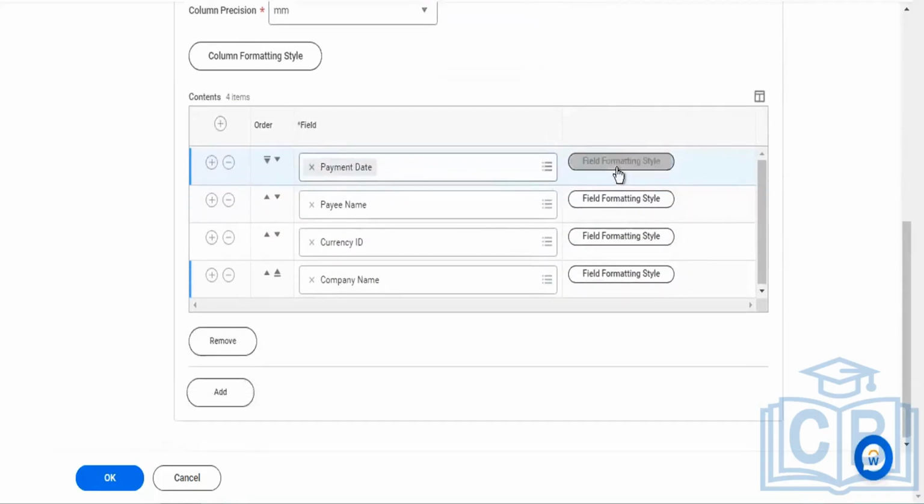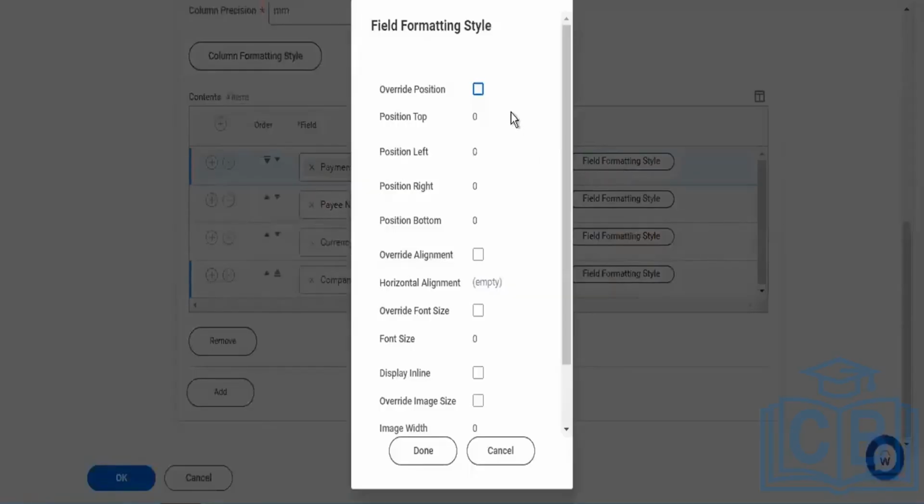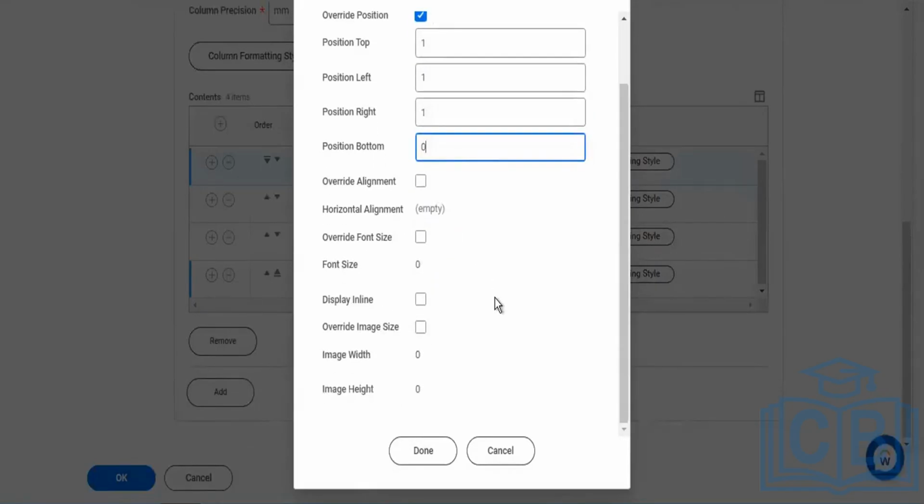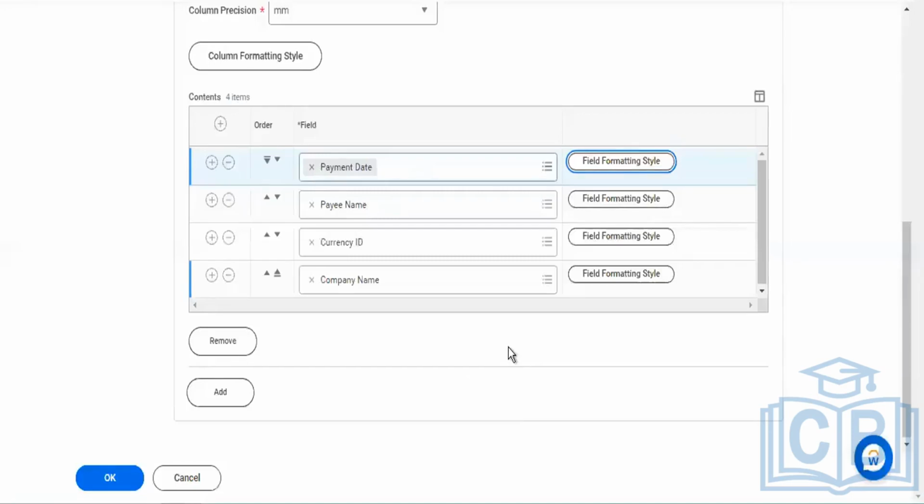Post selecting all these, choose the field formatting style. You can select your field formatting style according to your needs. In position, you can mention 1 and left of position 1. That means the straight columns, row columns and left columns positions. Post that, tap on done. Like that, you need to fill all these four formats. Post completing this,